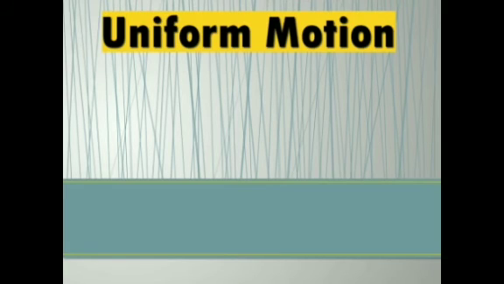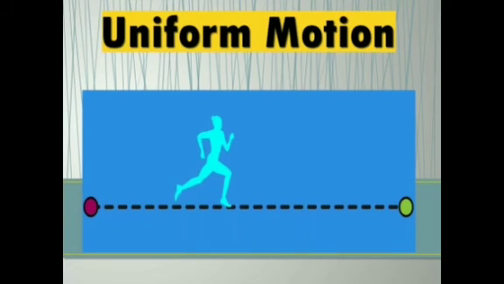Now we will discuss uniform motion. First I will tell you about motion. In your previous class you learned motion. Now what is motion? An object is said to be in motion if its position changes with respect to its surroundings. Now uniform motion. A body is said to be in a uniform motion, now see the picture, if it travels in a straight line and covers equal distance